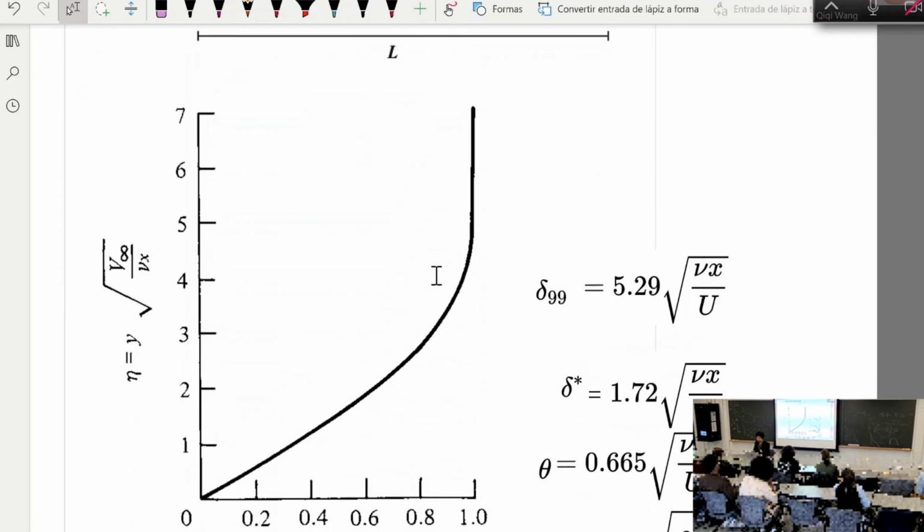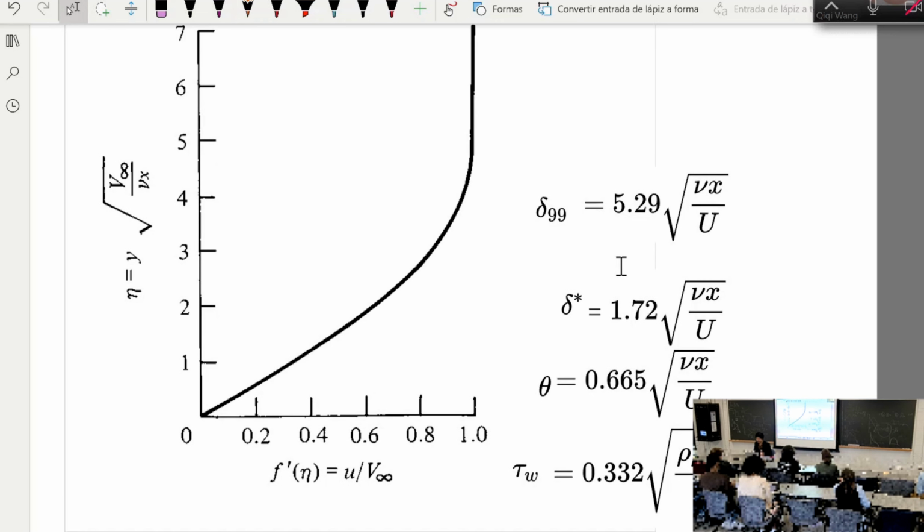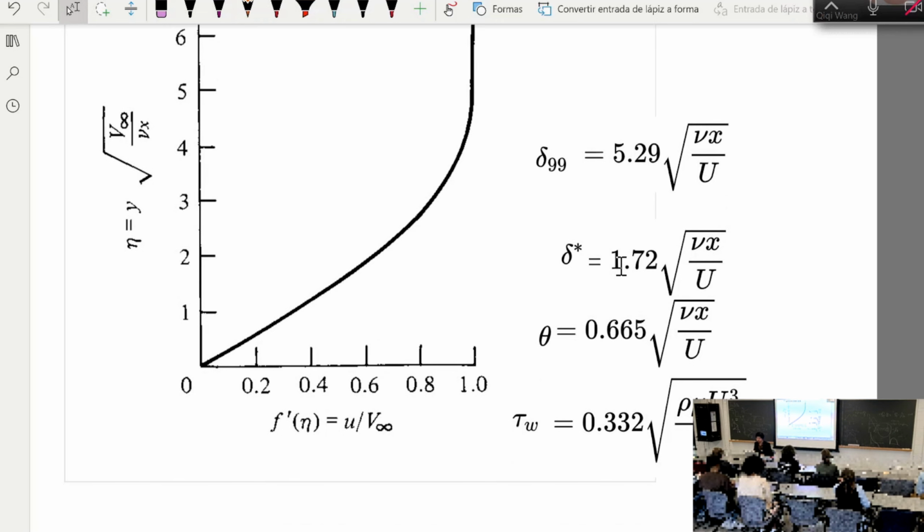And through these equations, he can derive a bunch of quantities. For example, delta 99 is equal to... we already know that the thickness of the boundary layer goes like the square root of x, right? But through the set of equations, you can actually derive the proportionality constant. Okay, you don't have to remember this, but